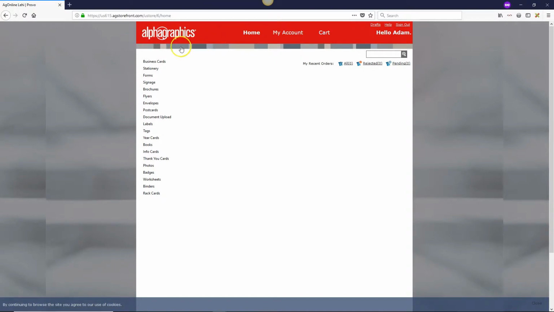Across the top, you'll know you're here because it's got our Alpha Graphics logo up here. And then you also have a home button. This will take you back to this home page. Your My Account,